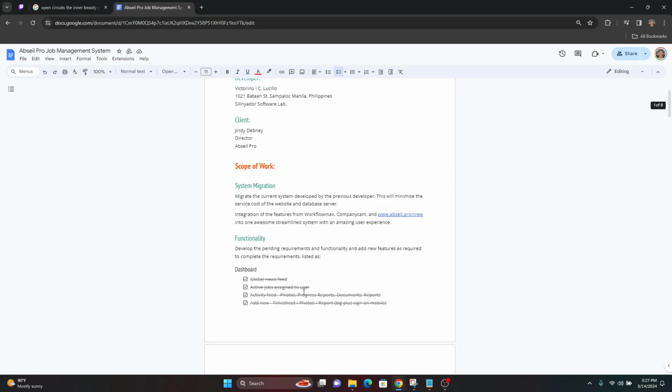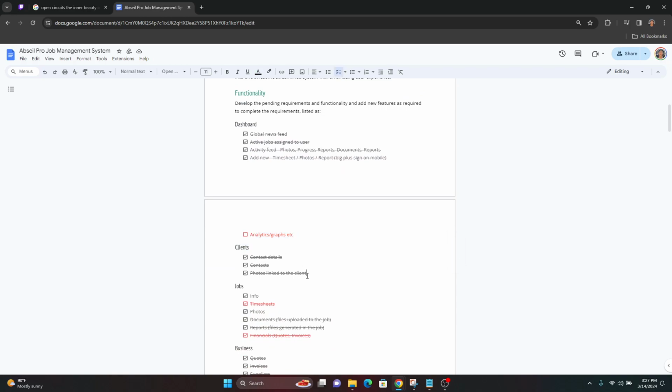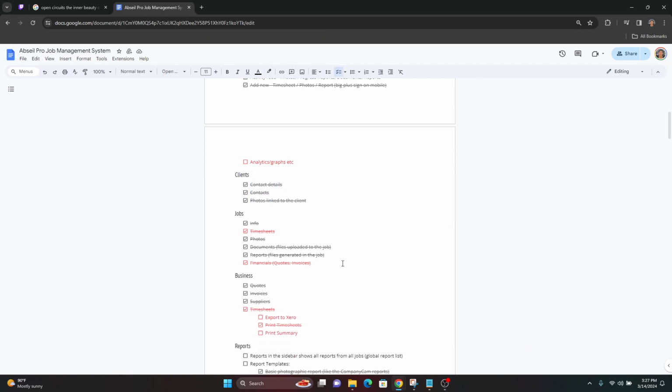So first, let us review the documentation we have here, or the list of things that we need to accomplish. So under the dashboard, we only need to include the analytics, then clients, all done as well. There are some modifications that you've requested or need to be added. And then the jobs, I mark this timesheet as done since we already have timesheet, and also under the financials, I will also mark this as done because under the job financials, after we created